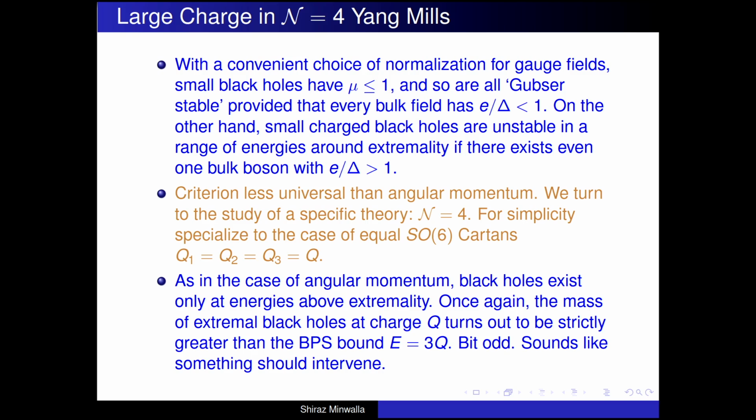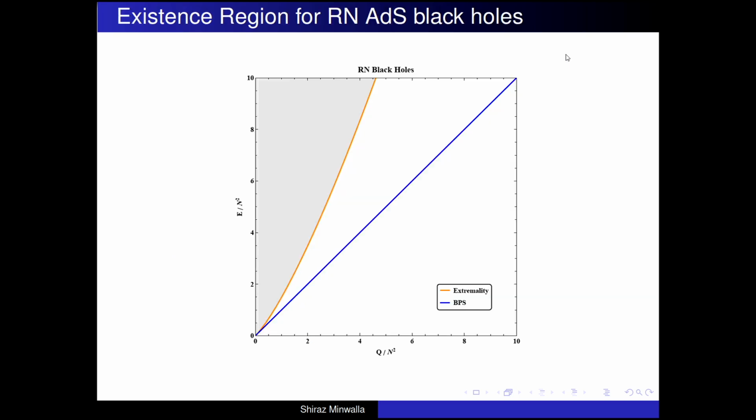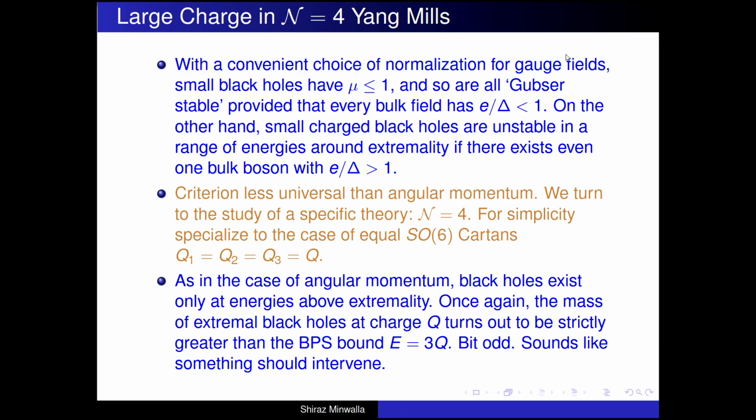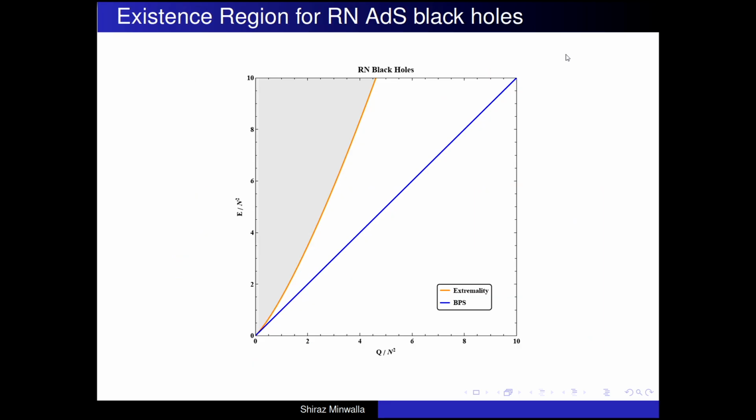All this was done more than 10 years ago. And when the dust settles, you find that there is an instability. There's an instability region even in N=4 Yang-Mills theory. By the way, I should emphasize that this instability was studied. Okay, there is an instability in N=4 Yang-Mills theory, and there's an instability for the lowest chiral mode, trace of x squared plus y squared plus z squared, the field dual to that.